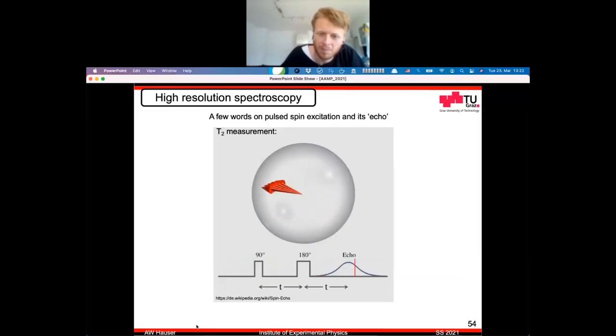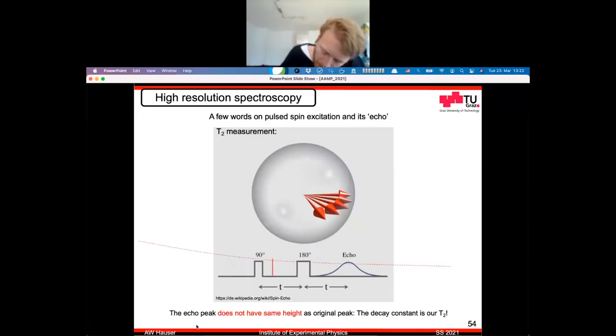And the only thing that you cannot compensate through this process is the fact that the spins have this energy loss and this kind of relaxation process through the coupling between each other. So when you compare the strength of the signal you had right after the 90 degree pulse with the pulse height of the echo, you see that the echo is like all echoes. If you scream into a cave, it doesn't have the same intensity as what you send out because of loss. And so from this difference in height between the actual pulse and the echo of the pulse, you can derive